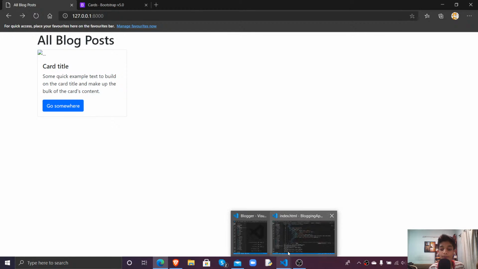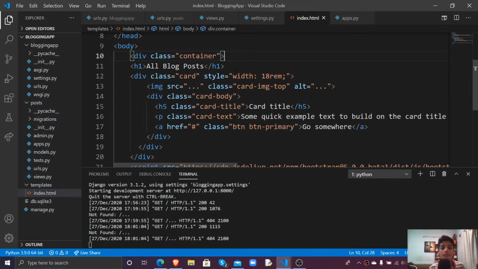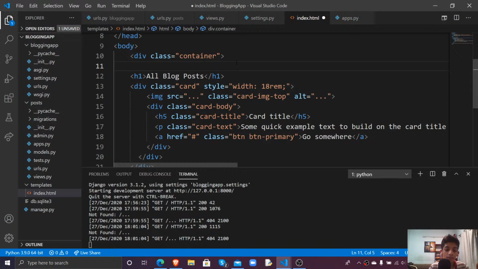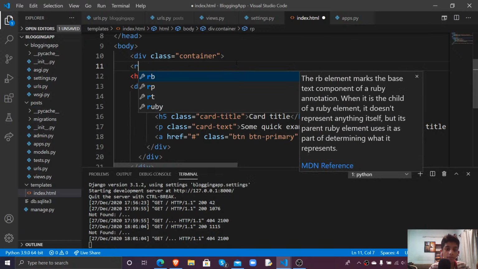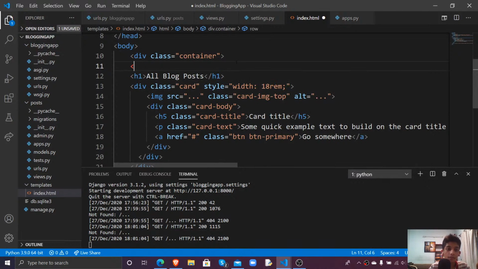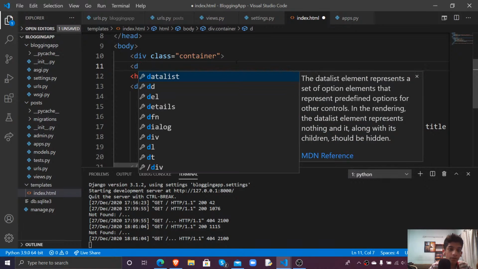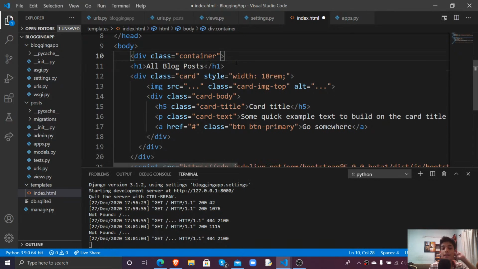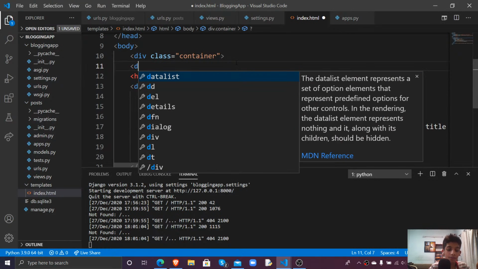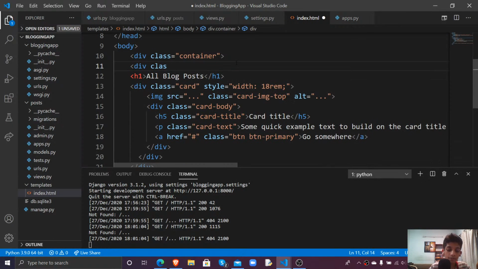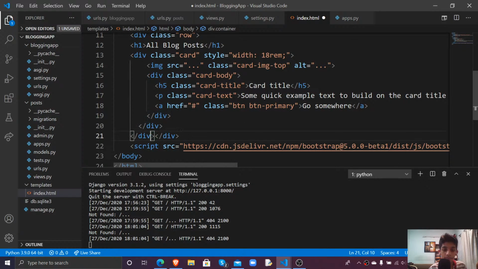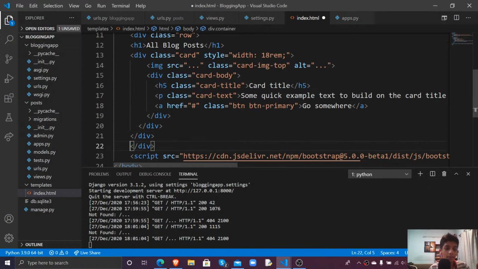Back to our card. Inside this container, let's put them inside a row. Div class row. This isn't completely necessary, but I would recommend adding a row. So div class row. Take this all the way down there. We've got a div row,